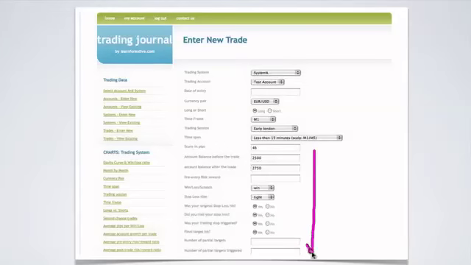Obviously you will need to scroll down to fill out yet more fields. So as you can see, it's a very detailed